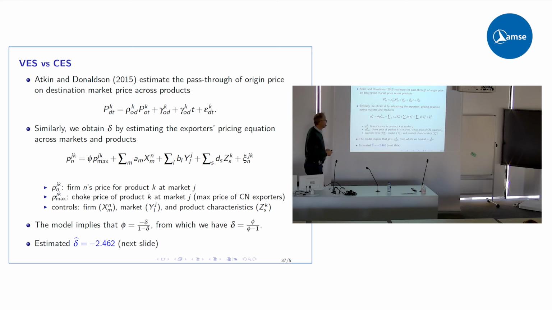Here you have firm end price for product K in market J as a function of the choke price in that sector, in the market of destination, then a long list of firm, market, and industry controls. And so essentially,